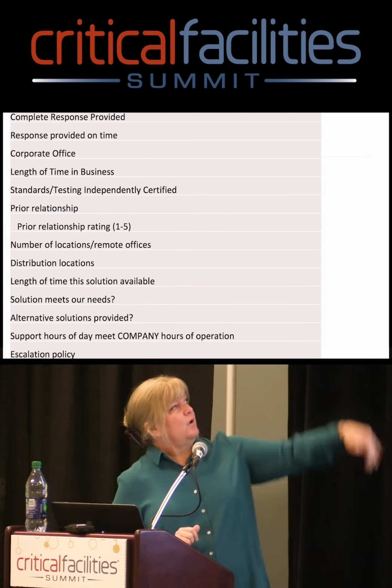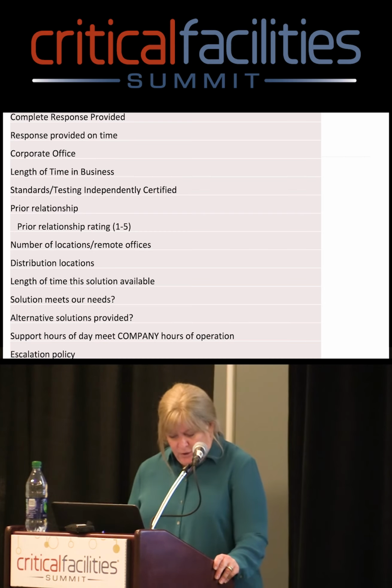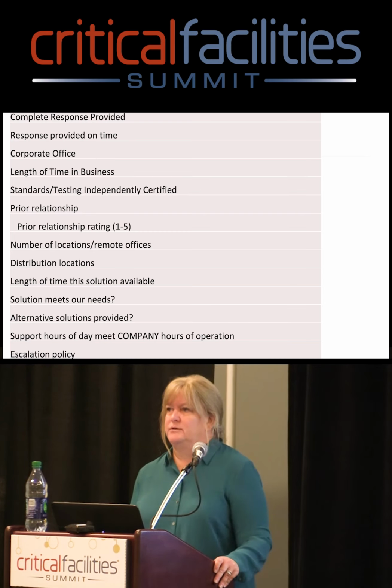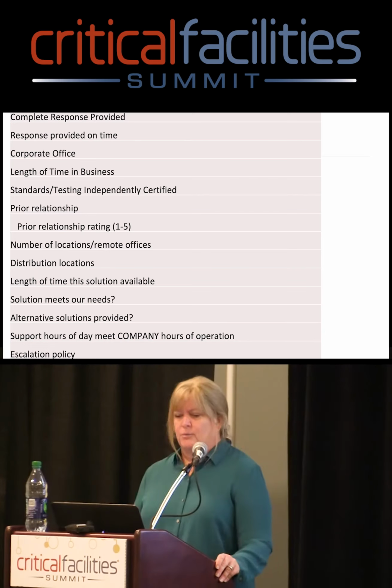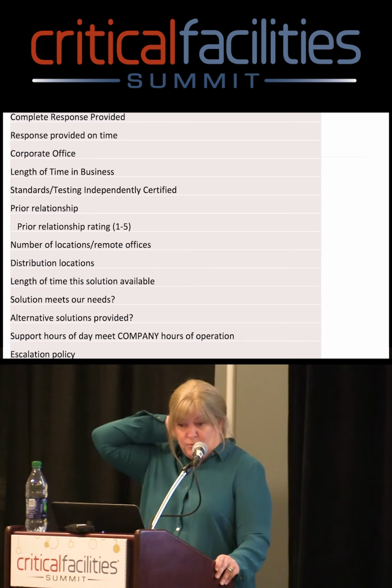So in the scorecard, and I have this in electronic form too if you guys want it, you need to understand how thorough the solution was. It's great to be able to get everything from one if you can, but in some cases you might be better getting it from a couple. Response time, corporate office, where they are, length of time they've been in business, whether they participate in the standards and provide standards-based solutions, their relationship, and you need to rate that before, during, and after, again,